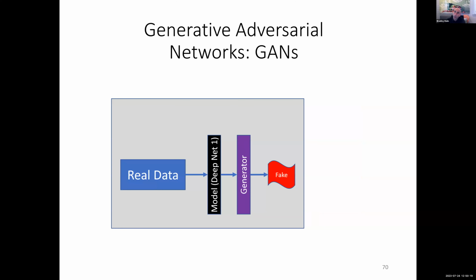And where a lot of groups have gone in the last couple of years is with this notion of generative adversarial networks, or GANs. Basically, you take your real data and then you learn a deep net off of it. You use that deep net to generate new records, and these are your fake records. Then you introduce a second deep net, and you use this for classification purposes to try and discriminate between a fake record and a real record.